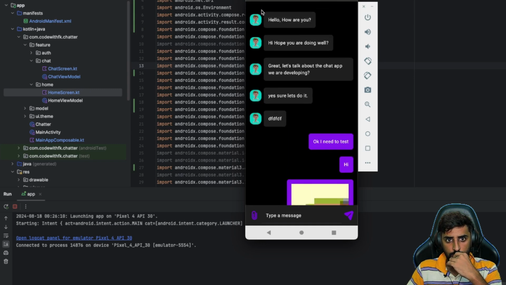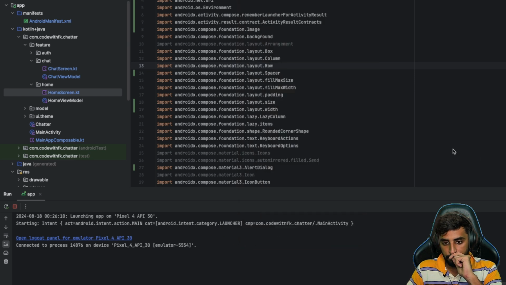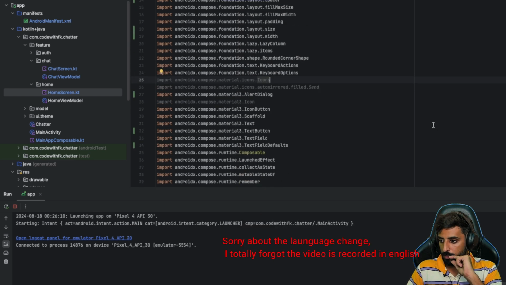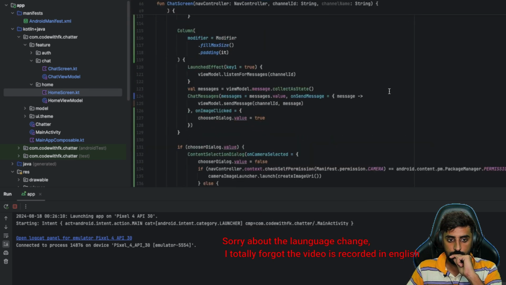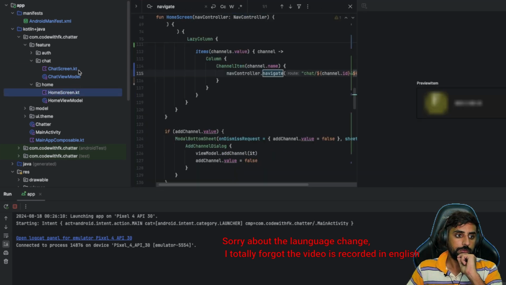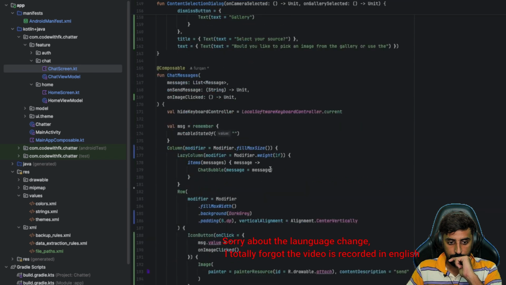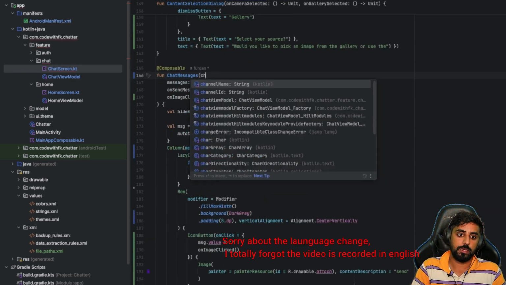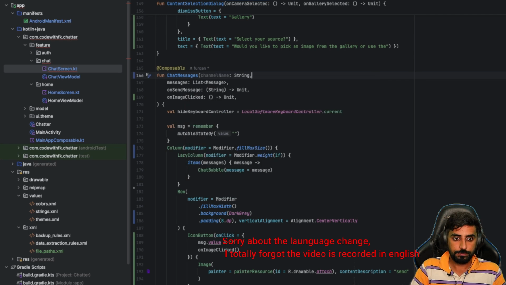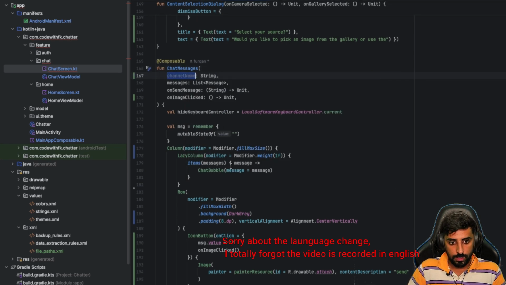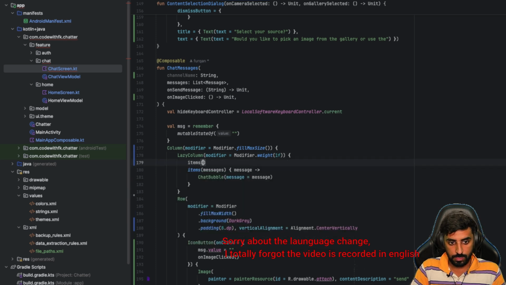Now one more thing that we want on top of it is that the channel name should also be displayed like we have in the designs. So for that, what we are going to do now is go to our chat screen, and in the chat screen, in the chat messages section where we pass messages, we will pass the channel name as well. Okay, and here, like we have this channel section, I just add one more